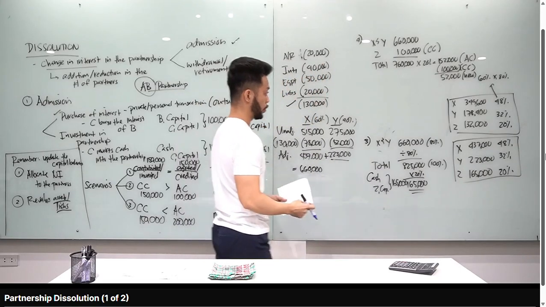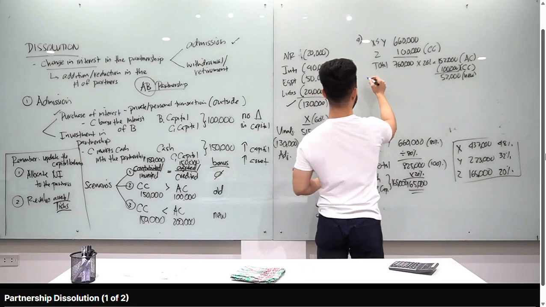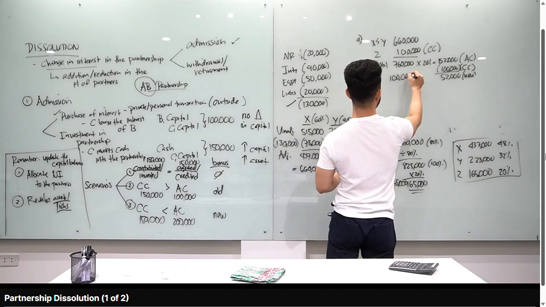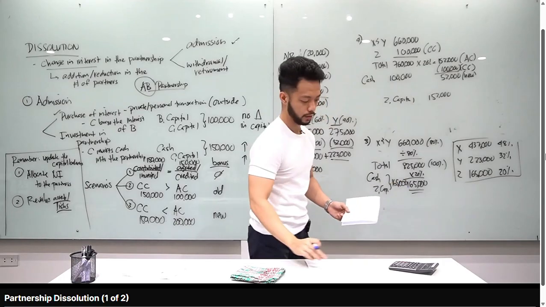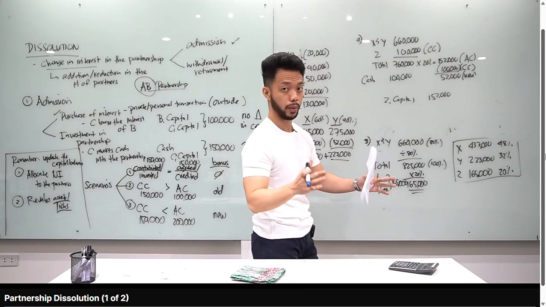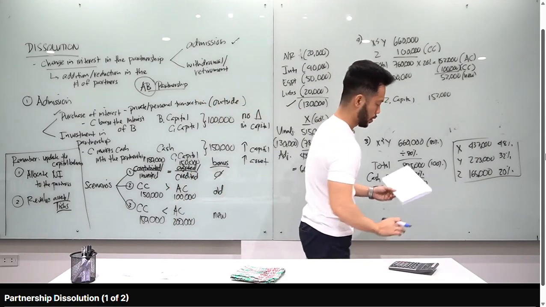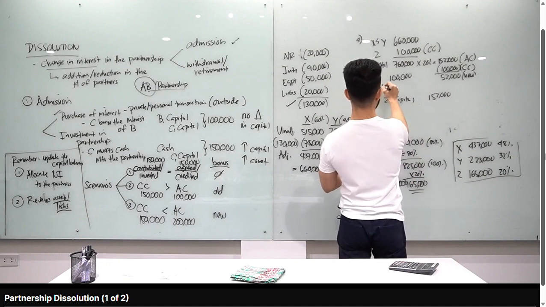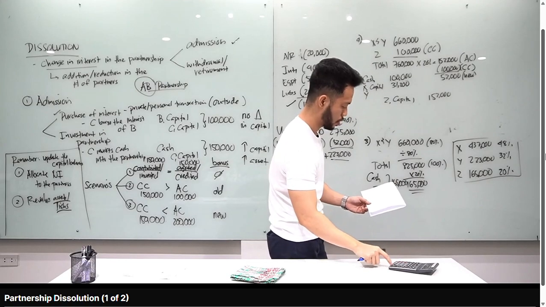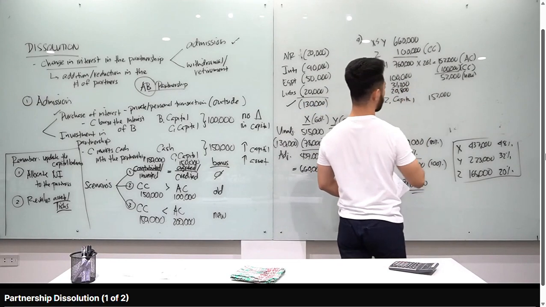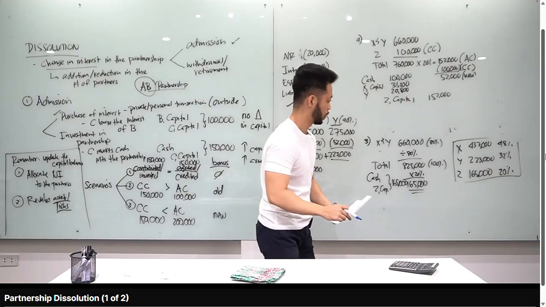Now, if i-journalize natin yan, ganito lang siya. Debit cash, kinontribute niya is 100,000. Credit Z capital, 152,000. Difference yan is 52,000. Paano mo siya i-allocate dun sa old partners? Gagamitin mo yung old P&L ratio nila. Old hindi new. Times 60%, debit X capital, 31,200. And then debit Y capital, 52,000 times 0.4, 20,800. Ito yung entry mo. Since bonus to new partner yan, mababawasan yung capital balances of the old partners. Got it? Okay.